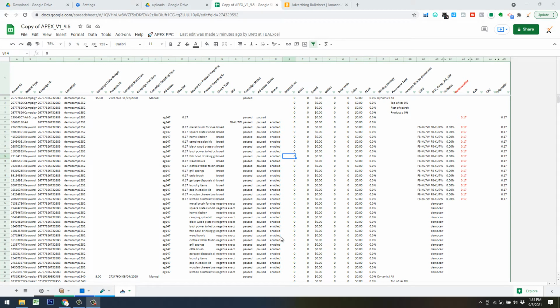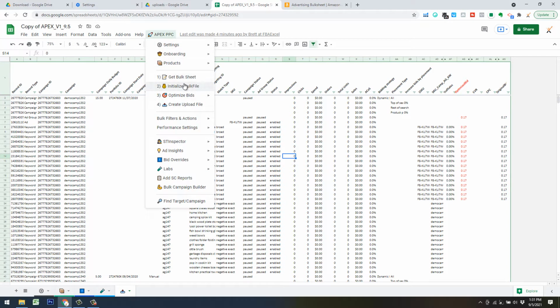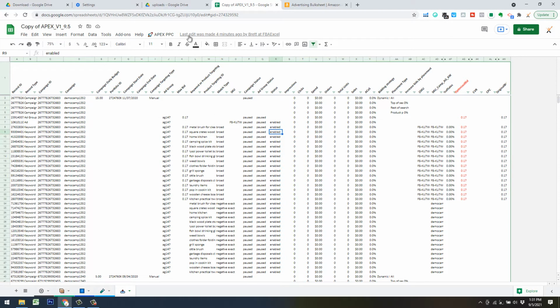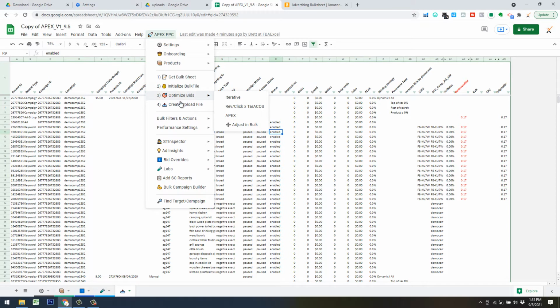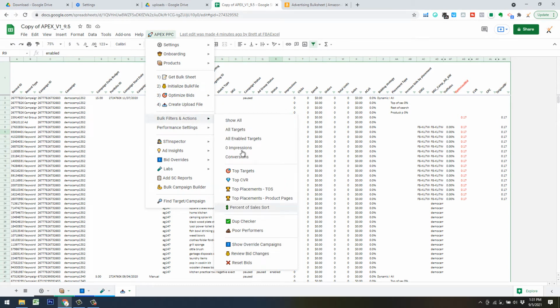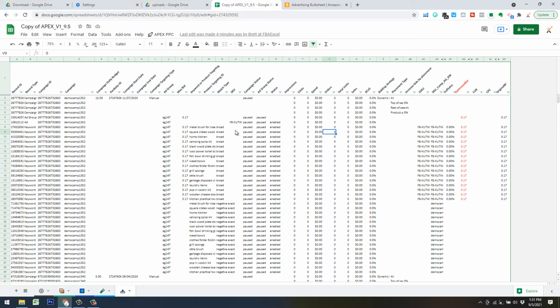All right, so in this video, I'm going to do a brief rundown of the bulk ops sheet, and this is the formatted version of your bulk ops file. After you run through the initialization sequence, you get these extra rows, and I just want to give you kind of an overview summary of a lot of these bulk actions and filters and what they do and how powerful they are. You don't have to use a lot of these in between optimization sequences, but they are handy